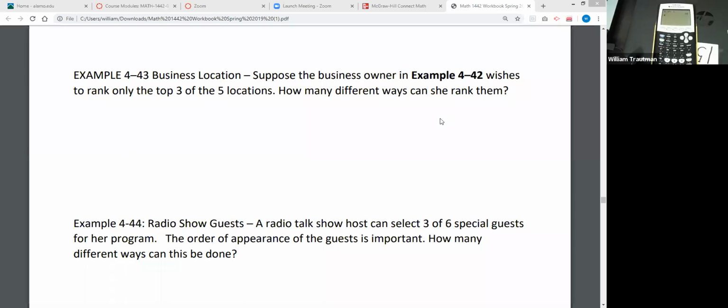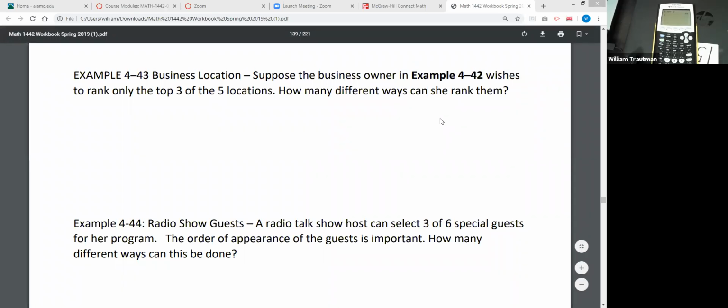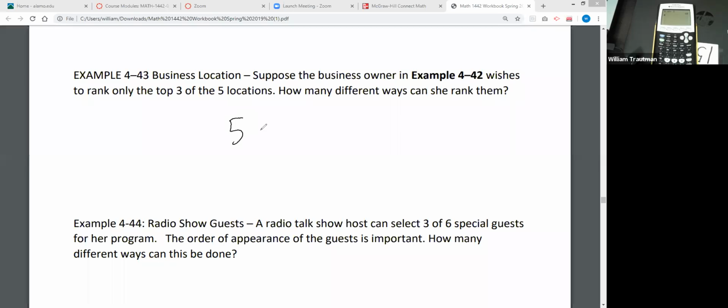All right. So if you have 5 locations and you need to pick 3, and the order matters, because we're ranking them, ranking order matters, you get 60. All right, this bottom one: a radio talk show host has to select 3 spots from 6